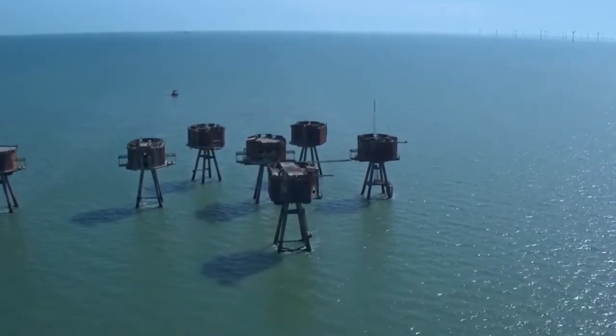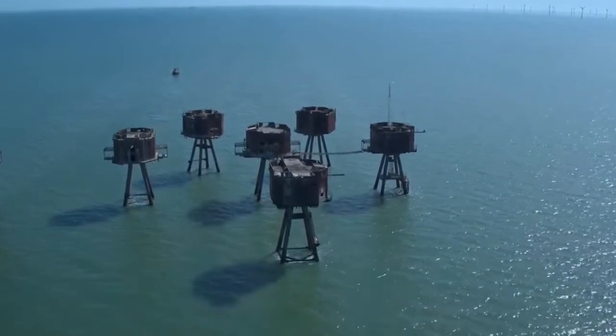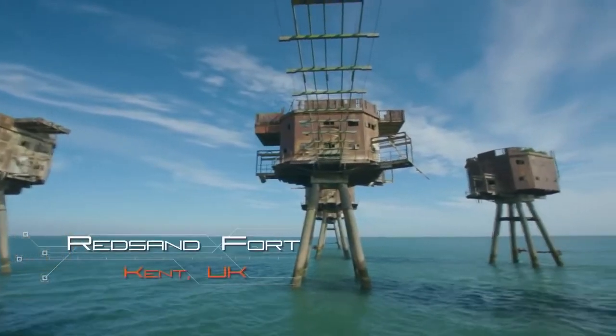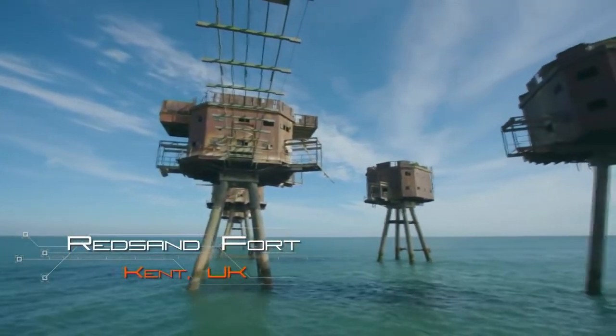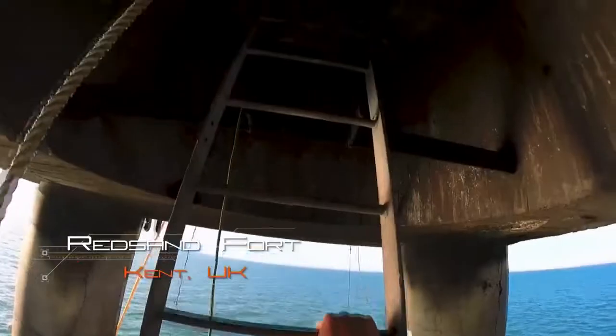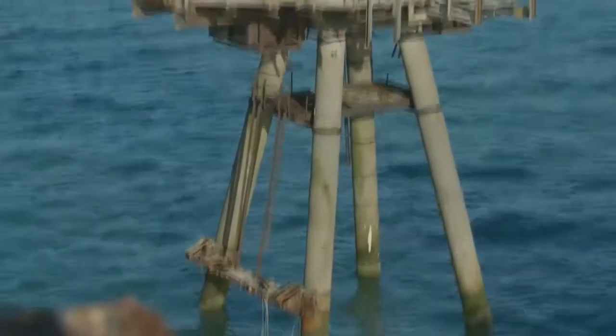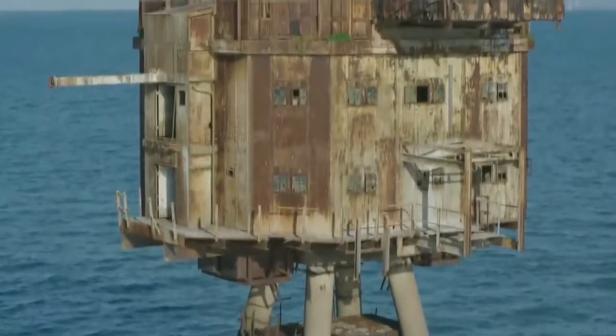Off the coast of England lie 7 abandoned installations from the Second World War. The Red Sands Sea Fort. Construction begins in 1942. In the past, creating defenses at sea had been a long and complex process, but engineers